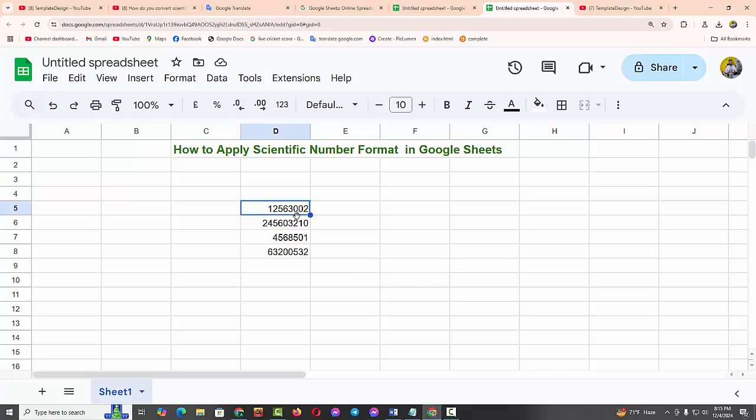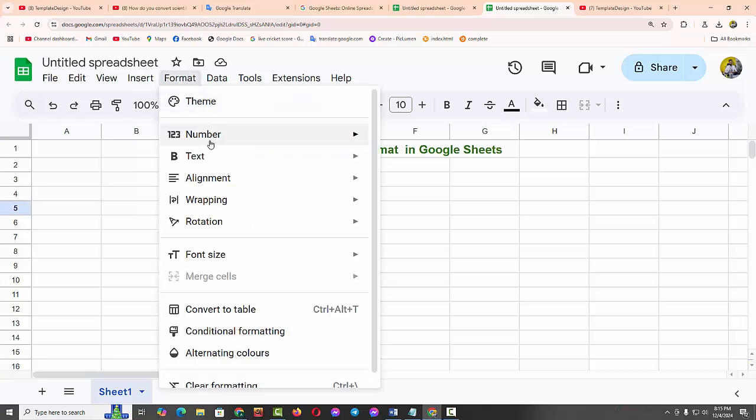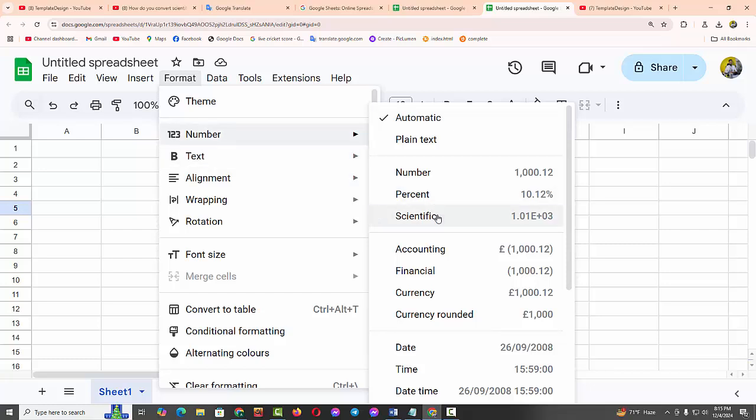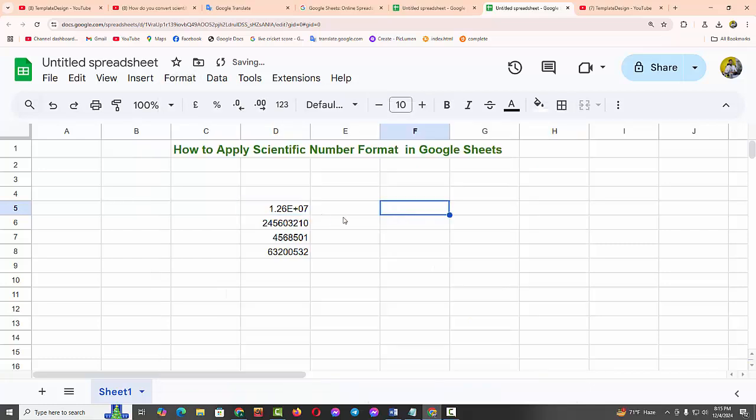Now select the number. Now go to the format menu option. Then click on the number option. Now click on the scientific option. That's it. Then again, another